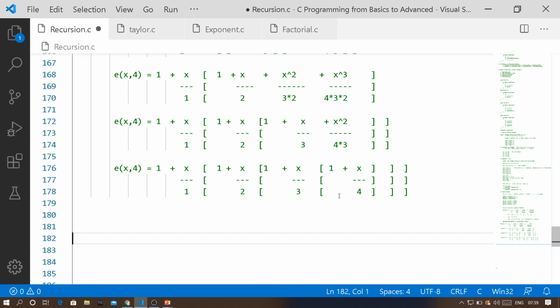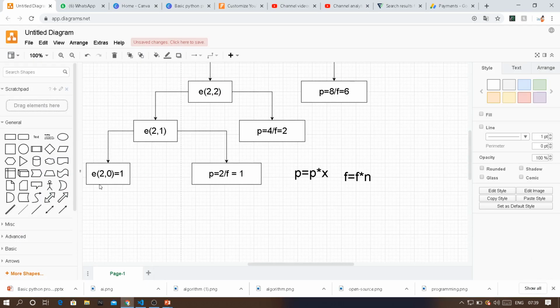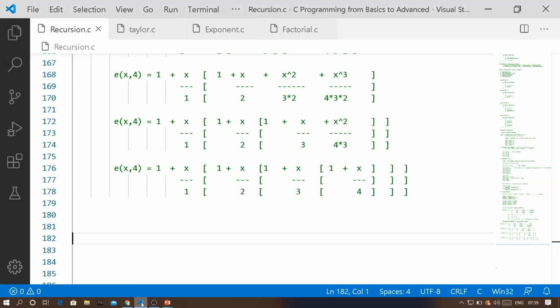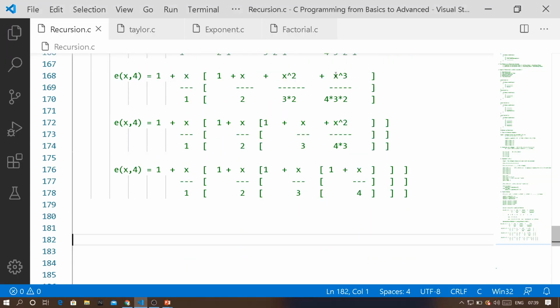So we have reduced the number of multiplications very much compared to the previous method. If you take the previous method, I think we have a graph here. In the previous method, we are performing 2 multiplications for every step, so 2 plus 2 plus 2 plus 2. Totally 8 multiplications took place in the previous method. Now in the current method using Horner's rule, it is only taking 1 plus 1 plus 1, totally 3 multiplications, manually speaking. We will implement this and check how many multiplications are taking place. That we will see later.